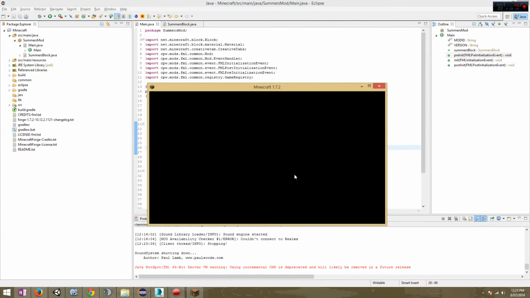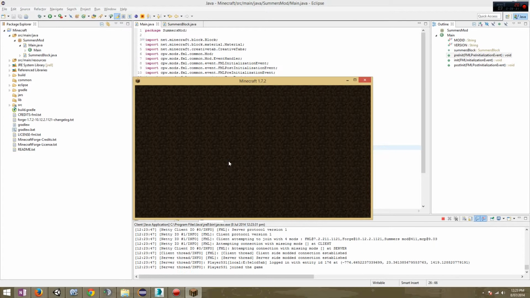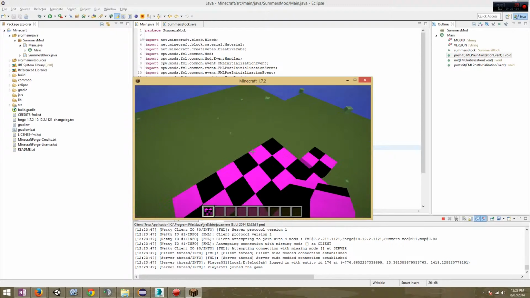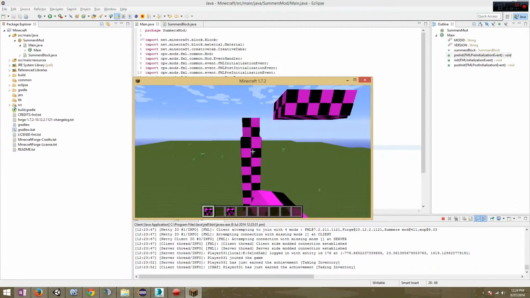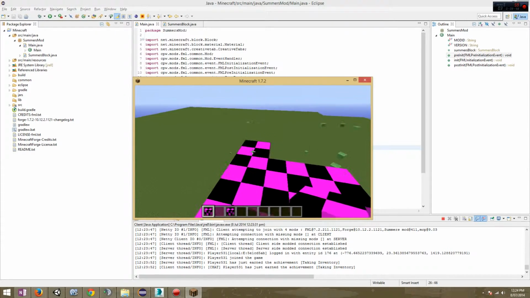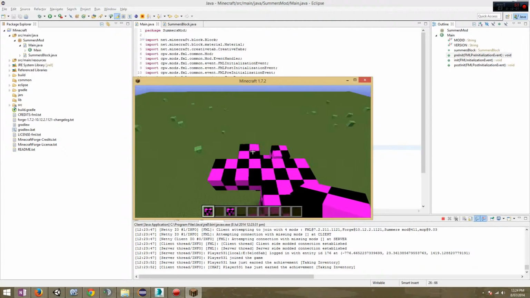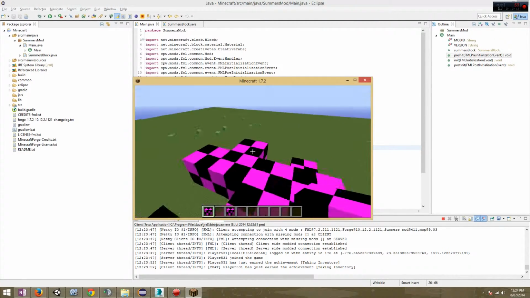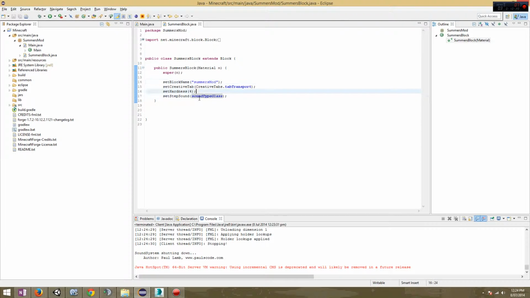Oh, we've still got Minecraft running. This is going to be interesting because I've still got my old block. Summers mod, tile Summers mod name. I wonder if this is the same block. Well, we can prove if it's the same block or the old block. See, at the start of this episode, I had a block already in there, and it had been saved into the world. But we'll just make sure that that block that was in the world is the same block. We can just go sound